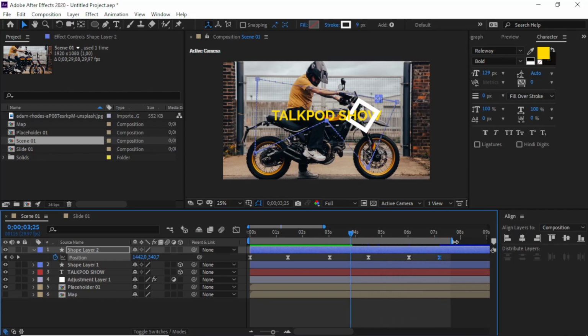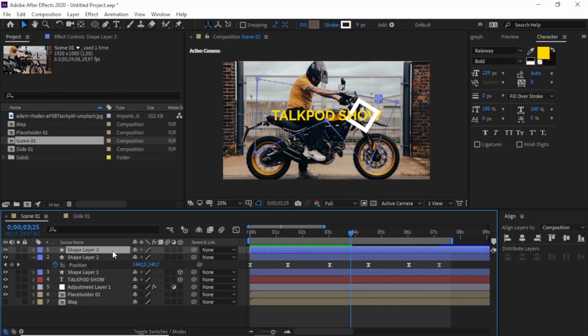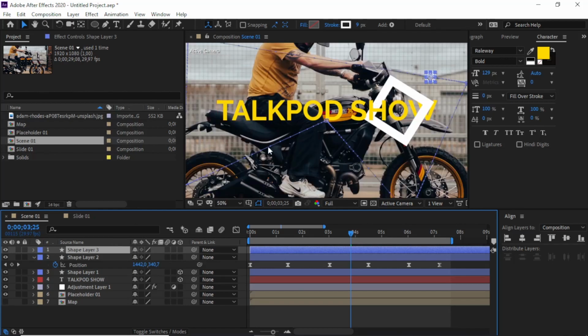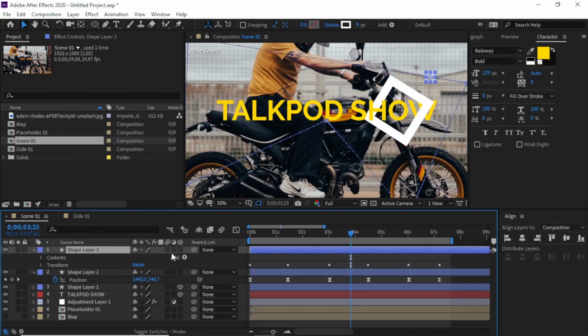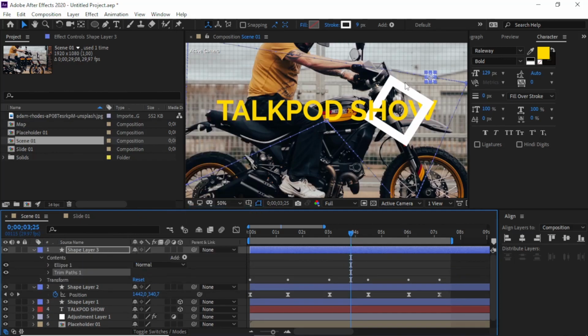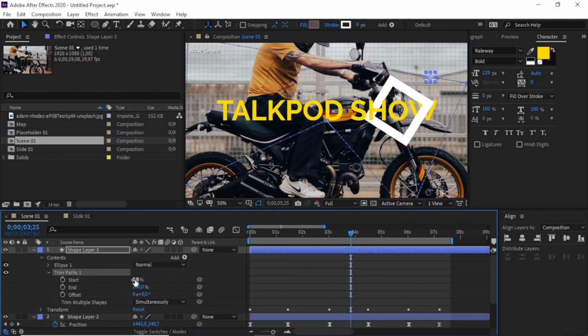Now I want to create another one with maybe a different shape. I will trim the shape layer here. Where is my? Oh, I'm sorry.